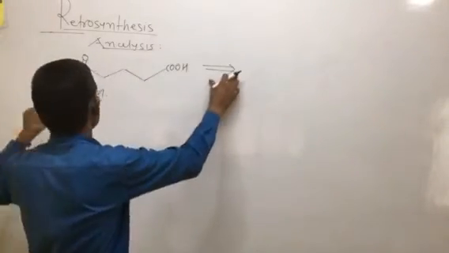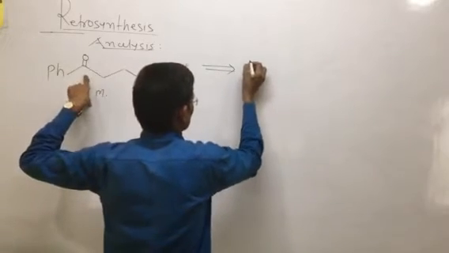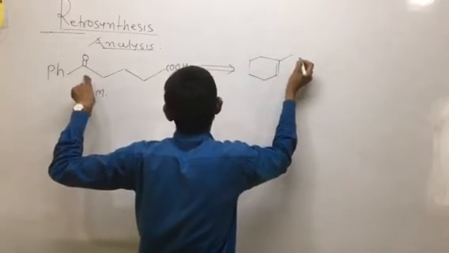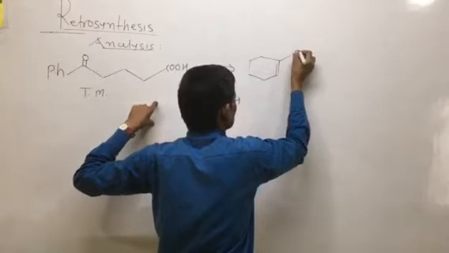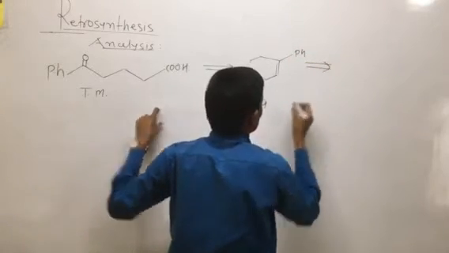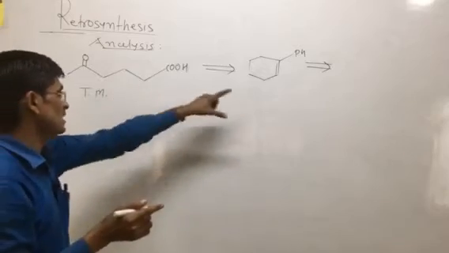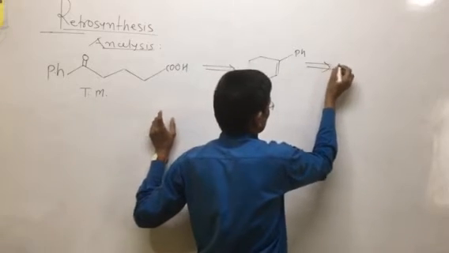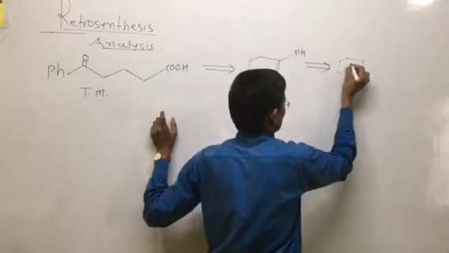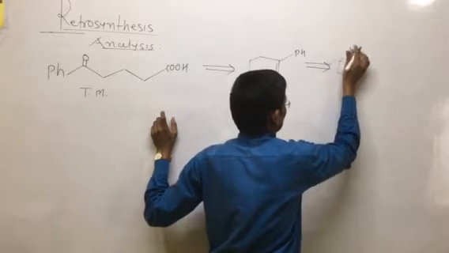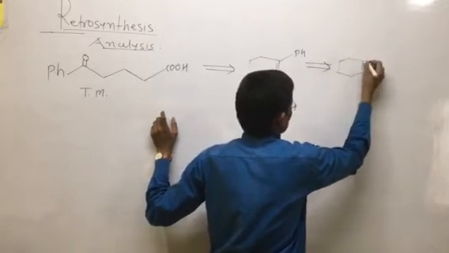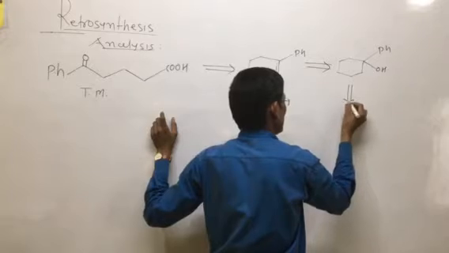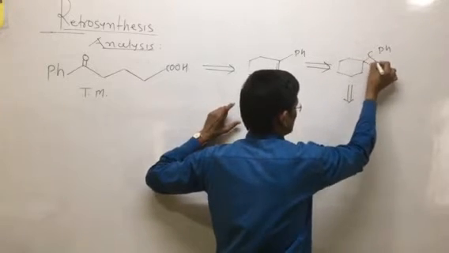First we want to do the analysis. This is the functional group interconversion. These types of compounds go to the formation of a ring, so this is the cyclization, or rather the ring opening reaction. So here again is the FGI of the target molecule. One Ph group is as it is, and here is the hydroxy group. Again, this is the FGI, and again this is a C-C disconnection.